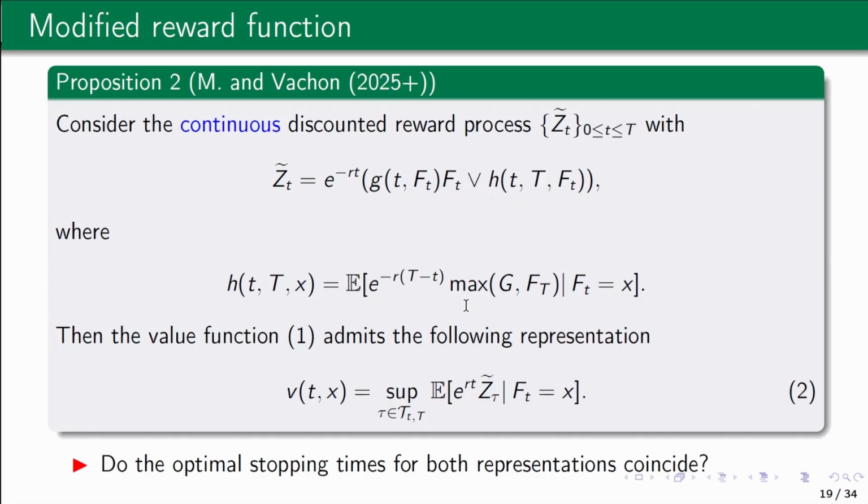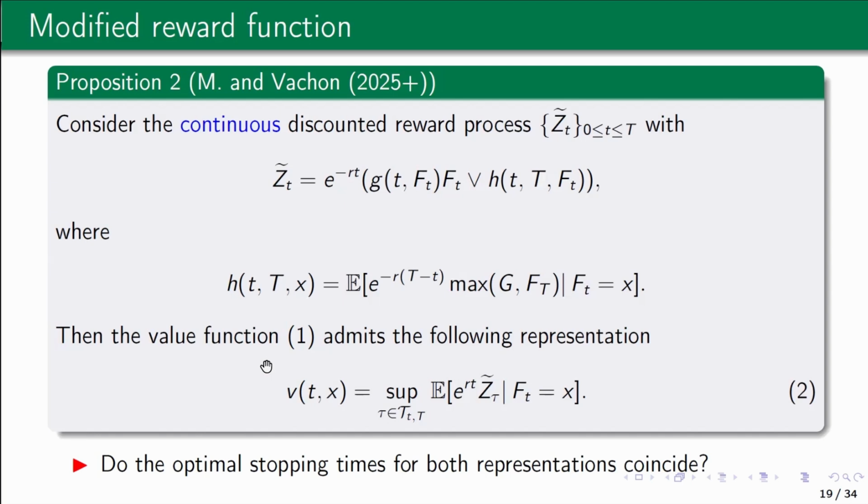It's possible to show that if I replace the reward process in my original problem by this continuous one, then I always have exactly the same value function. The value function is absolutely the same. The reason is that here I take the maximum between the two. In general, H here is typically at key points in time when decisions happen. The value of H will be in between the value of my surrender benefit, G, and the value of my value function here. So it will always be in between, and it doesn't really affect